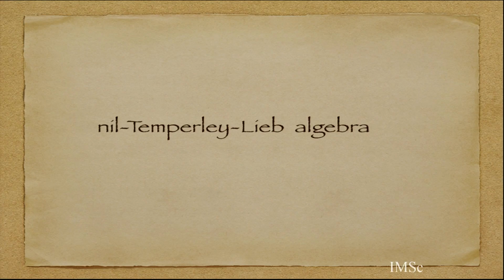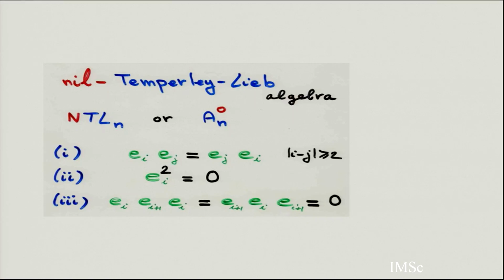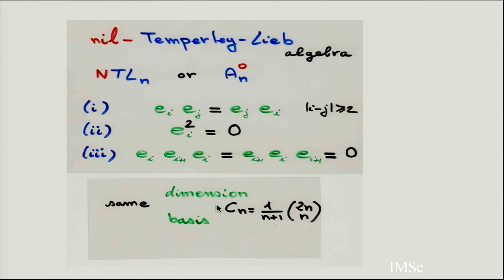Now another algebra is the nil Temperley-Lieb algebra. It's a variation of the Temperley-Lieb algebra, with the same commutation relations, but then you put e_i squared equals 0, and this equals 0. And so the basis is exactly the same. The basis is by monomials having no factor like this, because as soon as you have a factor like this, by taking the reduction, it's cancelled. Instead of reducing, you take it away. So at the end, you have exactly the same basis, same dimension, Catalan numbers,